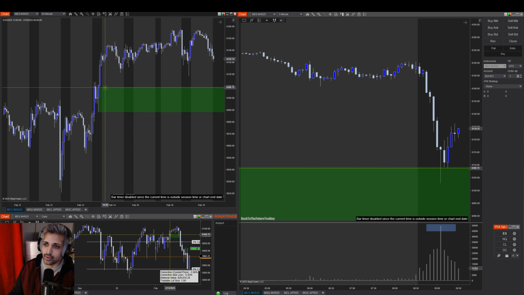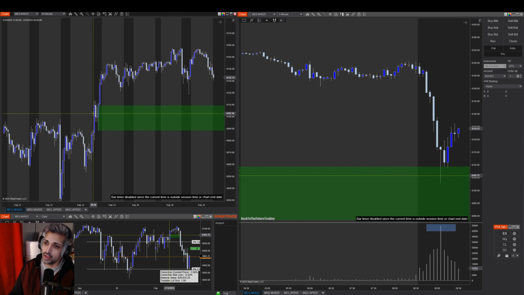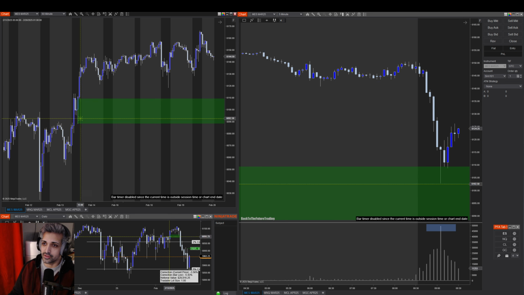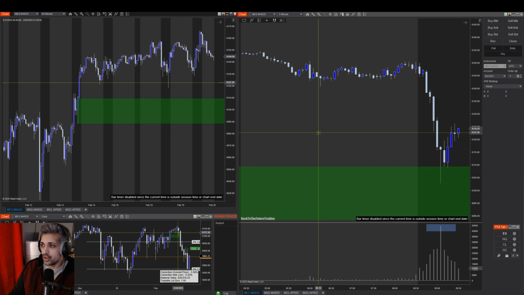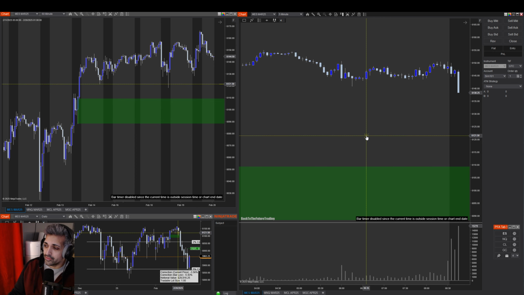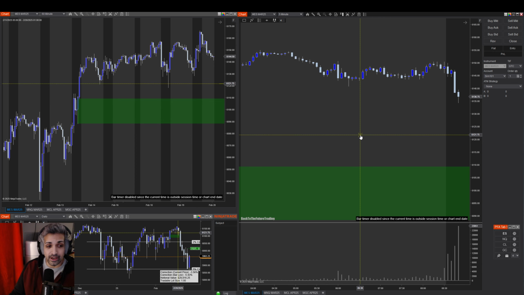On the left is the hourly. I have this demand marked here because the market comes up, pauses, and shoots up out of there. According to this swing, that's about a halfway retracement. It looks like a good demand zone to me. Untested, everything checks out. So when we look on the right at the 5-minute, that's our area of